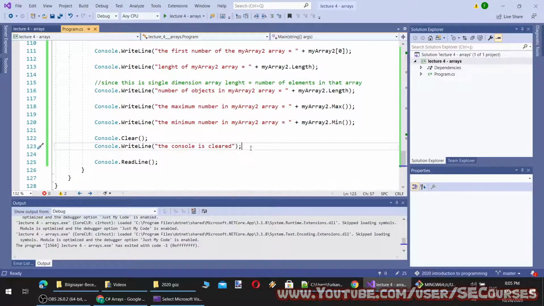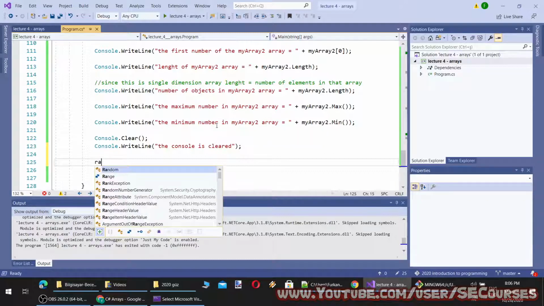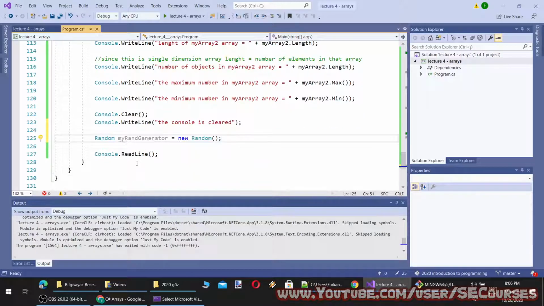So how am I going to generate an array that contains 100 random numbers? Let's start with generating a random number. To generate a random number, I define a random object from the Random class. I have to initialize it with the new keyword. Okay, now I have a random.